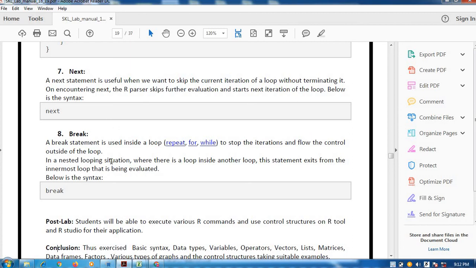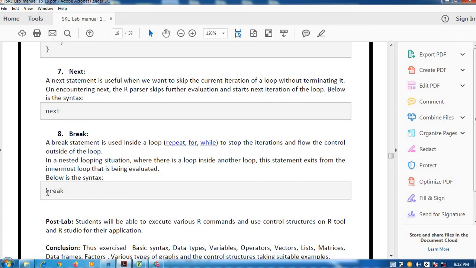A break statement is used inside a loop, just now we have seen, inside a loop, repeat, for, while, to stop the iteration and flow the control outside the loop. In a nested looping situation where there is a loop inside another loop, this statement exits from the innermost loop that is being evaluated.